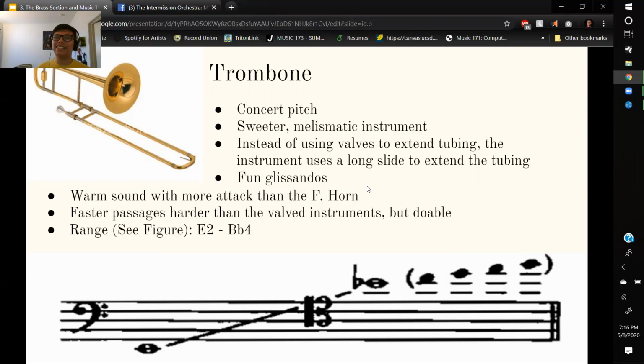Because it slides, it has some really fun glissandos. So it's definitely worth writing. And it has a warm sound, but with a little bit more attack than the French horn. Hold on. So that's why I think it's a slept-on instrument, because it has a very interesting and unique role in